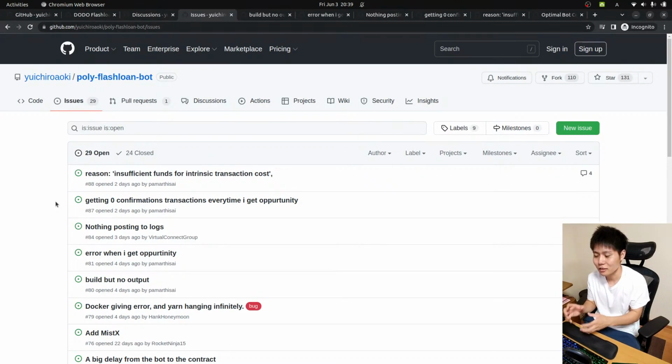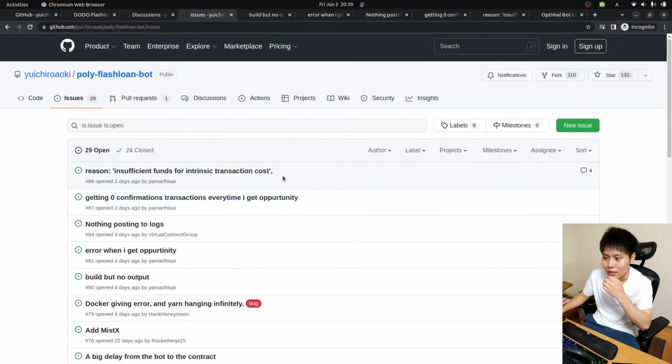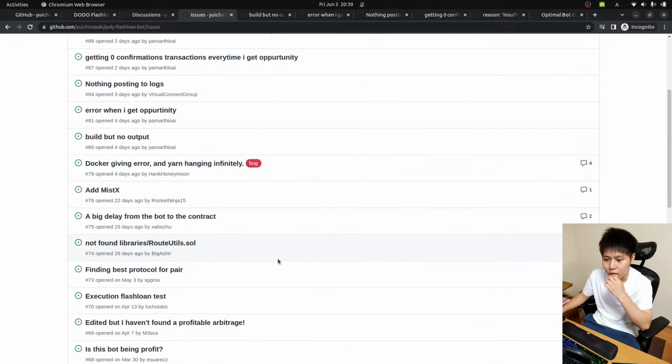You're not gonna execute flash loan on your hand, so it's good to have, but not necessarily. But that's fine, you can just add it because it's open source. You can add this thing, and